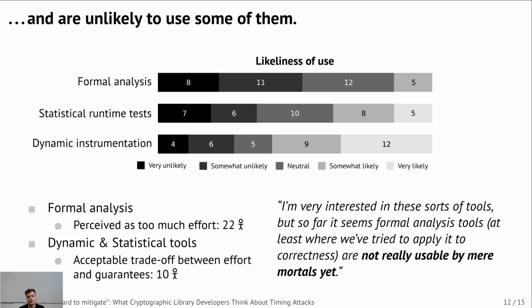Now, some of the participants are just outright unlikely to use some of the tools. When we asked the participants about their likeliness of use of these 3 groups of tools, the formal analysis tools, the statistical runtime tests, and the dynamic instrumentation tools, based on our description of what the tools need to run on the code, the requirements they have, and the sort of level of guarantees that they provide,